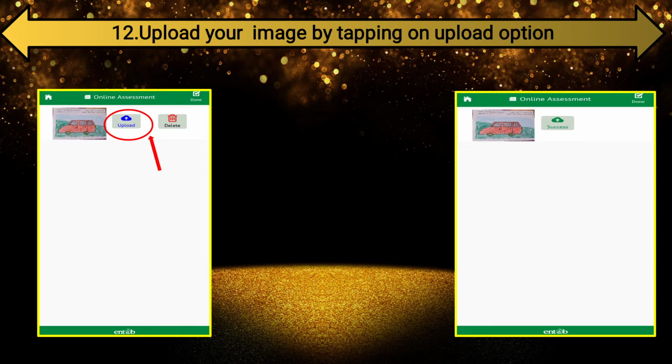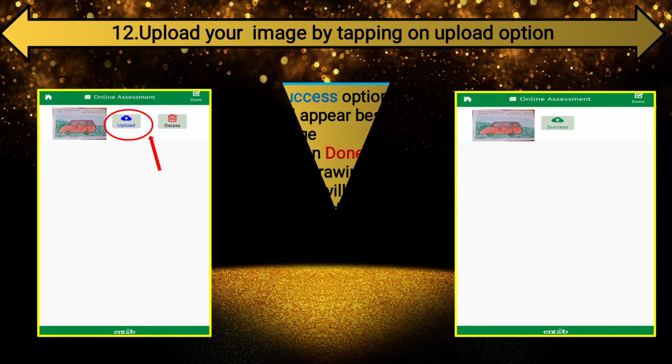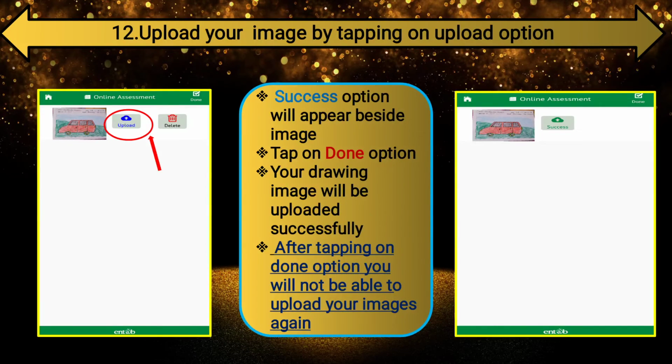Now you see this page will open, on the right side. The success option will appear. Now you see here the circle part, the success option is there. After that we have to tap on the done option shown by the arrow mark. Okay, now after tapping done, your drawing image will be uploaded successfully.